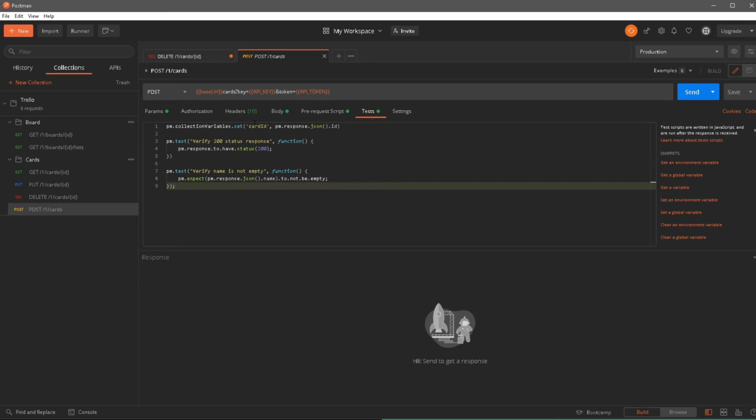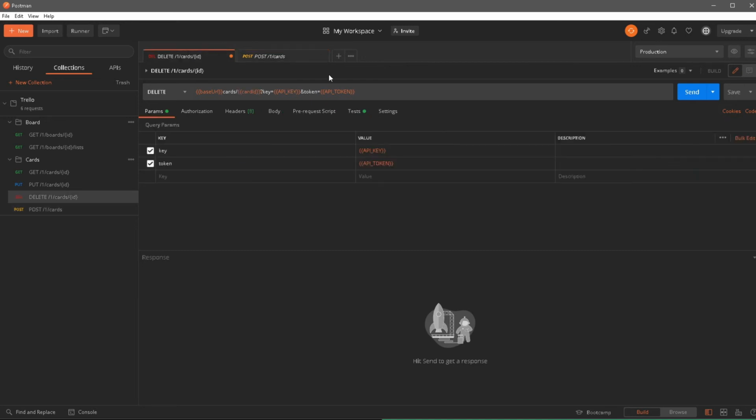So let me take a look at this. Here we are setting the variable: pm.collectionVariables.set card ID. This card ID we can then pass into our other request. When I add this over here and hover over it, I can see that ID being generated. That's the advantage. Now I can just save this.